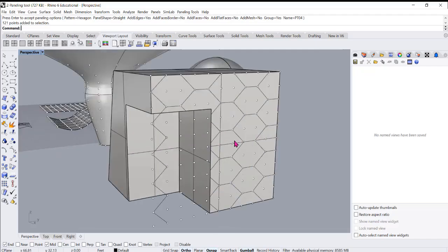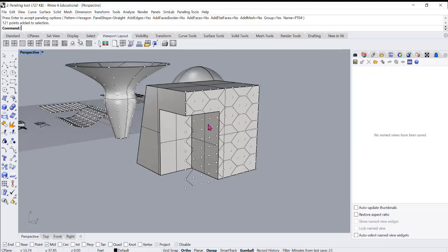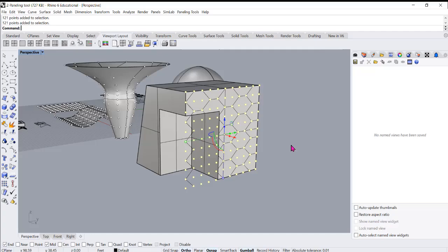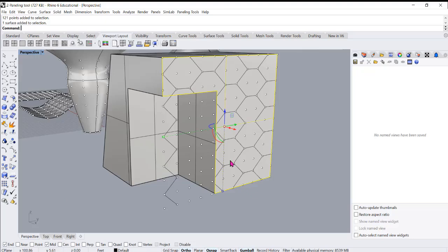Now, when it comes to the poly surface, as you can see, it only applies the points to one single surface. And in addition to that, because this shape is different, it's treating the points like it was a whole surface in there. In cases like this, in addition to running the paneling tool several times based on each face, what you have to do is select that surface, select the points, isolate,